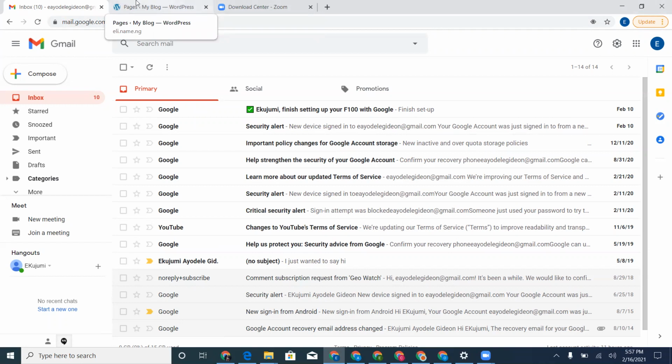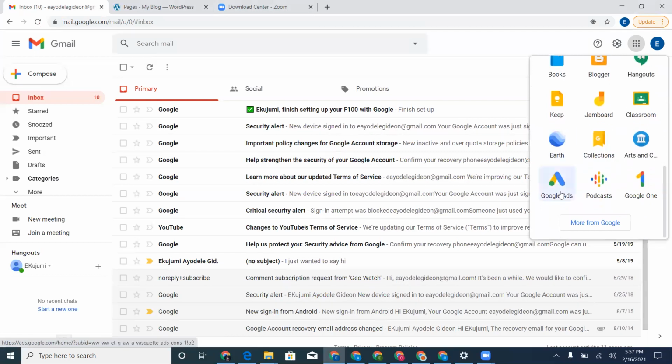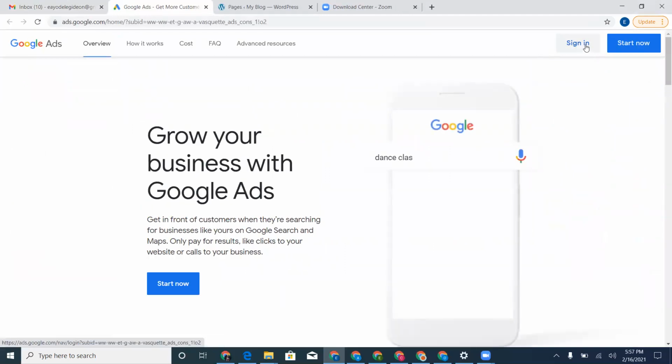So briefly, I'm just going to start, and this tutorial is going to be very simple, very easy to understand. So you come here to this top right corner, you can see my cursor, that Google app. You click Google Apps and you scroll down until you get to Google Ads. This particular app is what you are going to use in creating your advert. You click on it, Google Ads. Then you sign in. You click on sign in